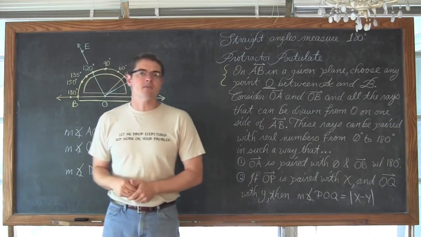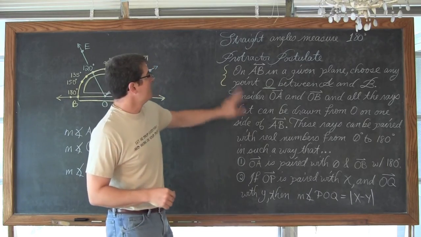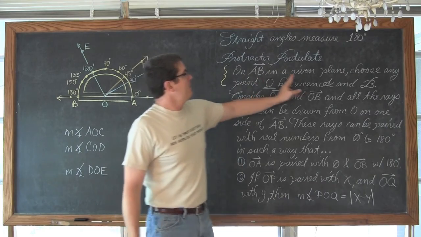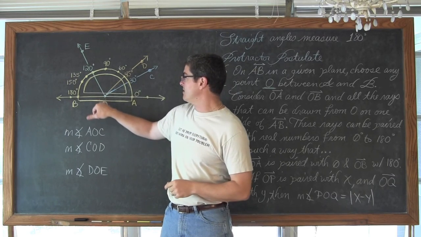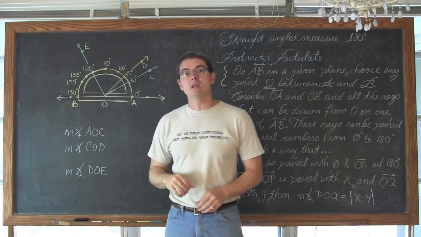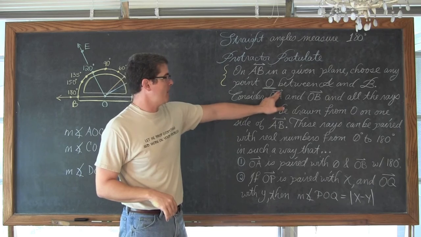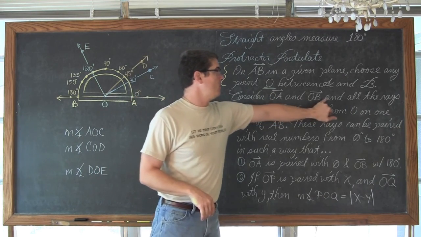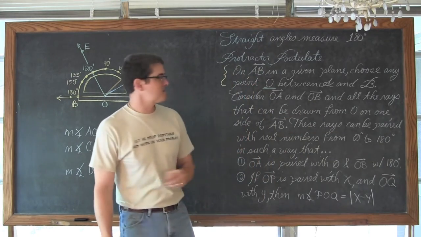So again, let's look at that math language. It's supposed to tell us how to use a protractor. This postulate: on line AB, so that's what I have here, a line because there are double arrows here. In a given plane, choose any point O between A and B. So I've marked this green dot between points A and B, on this line AB. Consider OA, ray OA, the one directional mark here. Consider ray OA and ray OB and all other rays that can be drawn from O on one side of